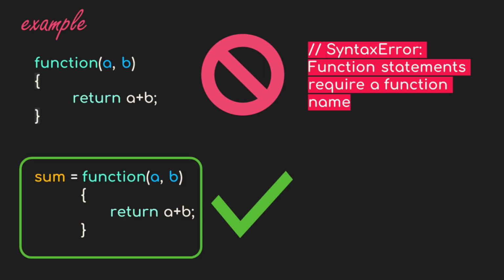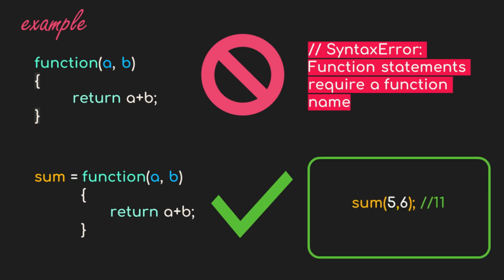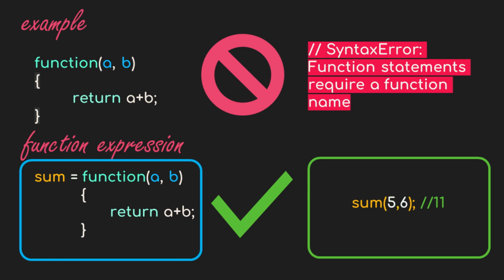The correct way of using the anonymous function is by assigning it to a variable as highlighted here. To call the function, you can simply call it using the variable name sum followed by parenthesis and provide the value for which you need the sum to be calculated, and you will get the expected result as given here. This example can also be an example of a function expression because the anonymous function is assigned to a variable.